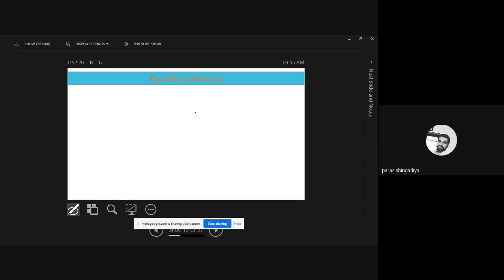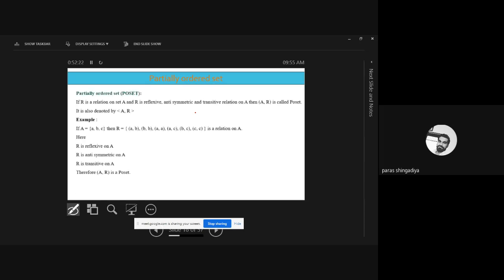Okay, let's check this definition of poset. An example we'll discuss in the next one. Okay. Partially ordered set. Okay, it is also called poset. Clear? Partially ordered set. So the concept is similar, just we change one condition in the set. So relation R on the set A, where R satisfies reflexive, antisymmetric, and transitive property on A, then